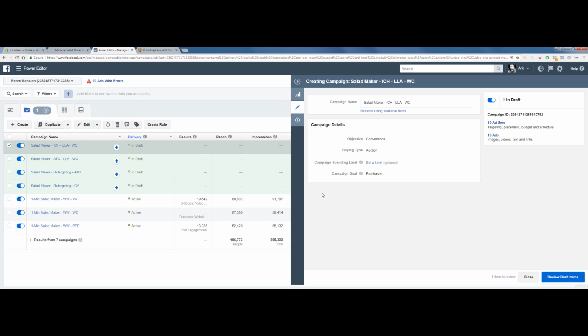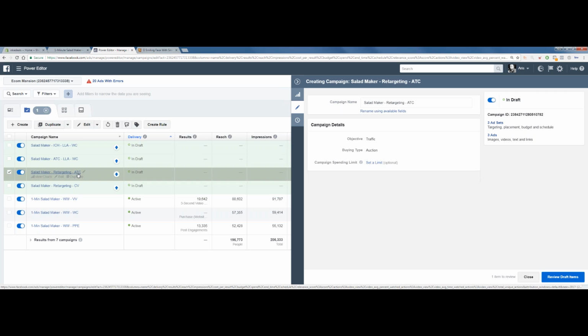We also created 3 retargeting phases for 3 days, 14 days, and 7 days. And it's for add to cart, initiate checkout, content view, add to cart, and initiate checkout. So that's another 9 ad sets that are created.